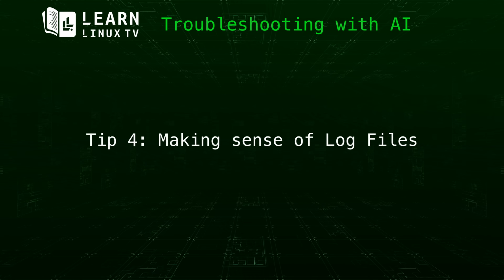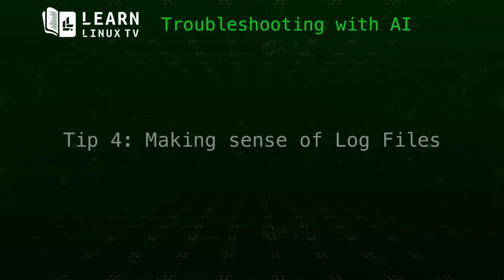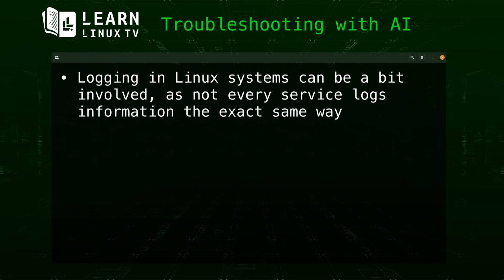Continuing, let's take a look at how AI can help you make sense of logs. Logging is a very complex subject within the Linux world, and it's made more complicated by the fact that not every app logs information the exact same way. There's often a specific format for errors, with information that's going to be specific to a particular service. Sometimes information in log files is obvious. For example, if a log file complains that you've run out of hard disk space, you probably won't need AI to help explain that. As soon as you see an error message that your storage is full, you'll know right then and there what you'll need to do when it comes to cleaning up your files.